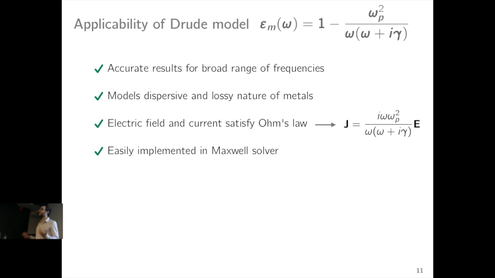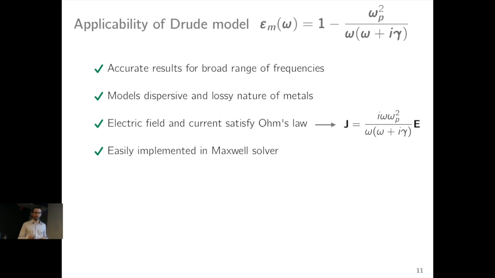I mean, it's the most widespread approach because it essentially gives accurate results for a broad range of frequencies, because it models both the dispersive and the lossy nature of the metals. It's also known as the local model because it prescribes a local relationship between the electric field and the electric current, given by Ohm's law. And perhaps the most attractive feature is the fact that if you have a pre-existing Maxwell solver for dielectrics, you can just use this very compact expression and extend it